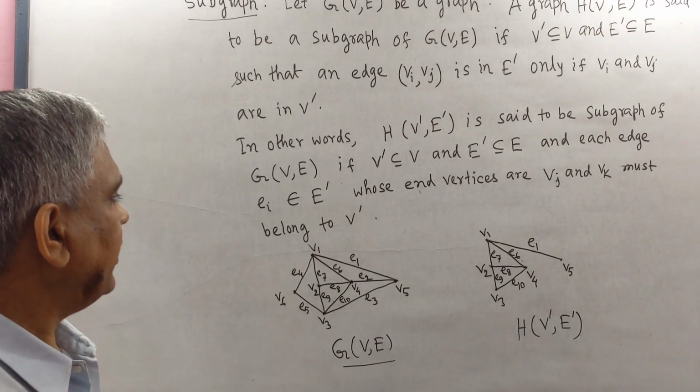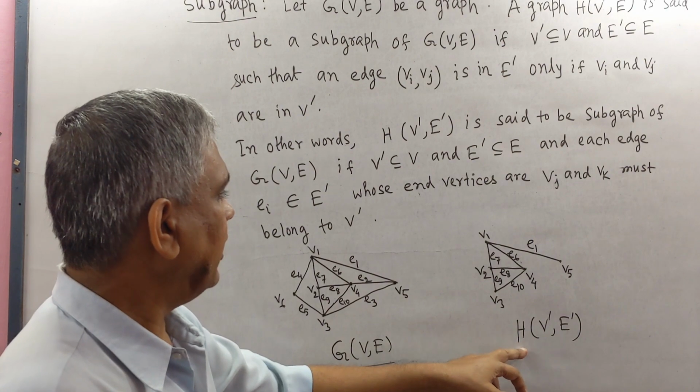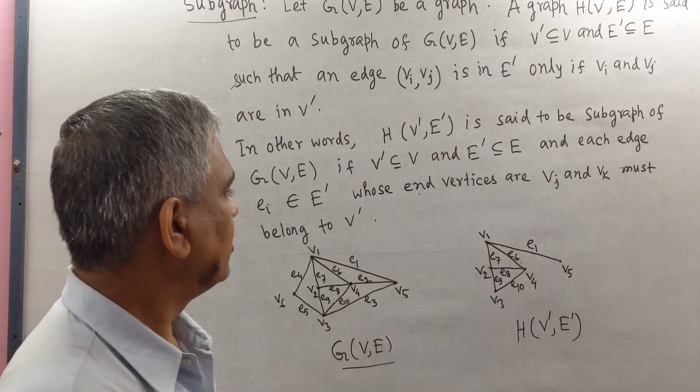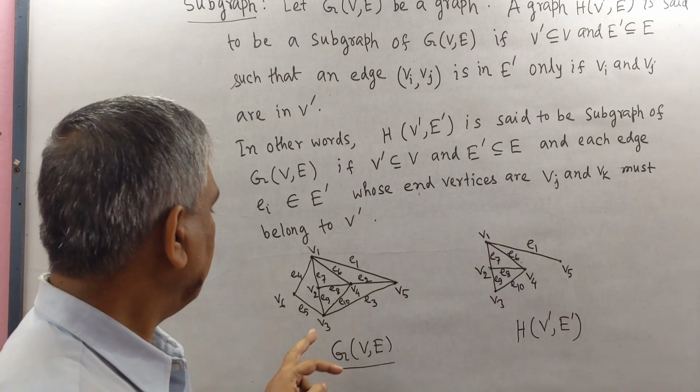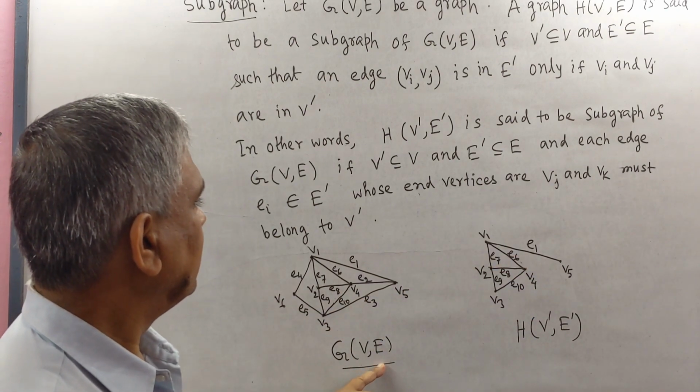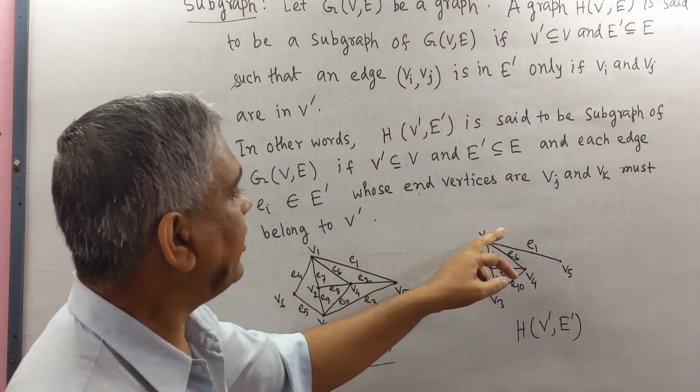We see that each edge in H(V', E') is in G(V, E) and the endpoints in vertices of each edge